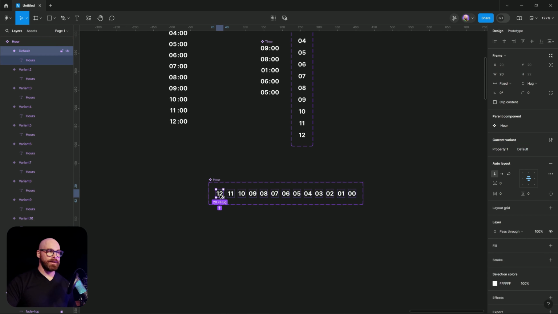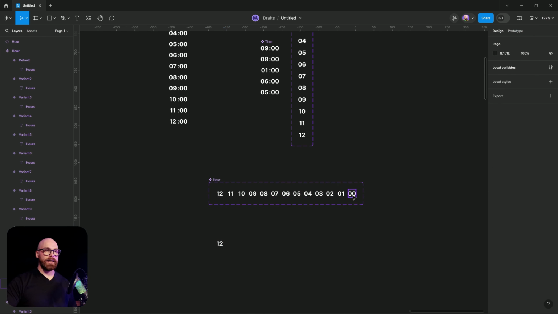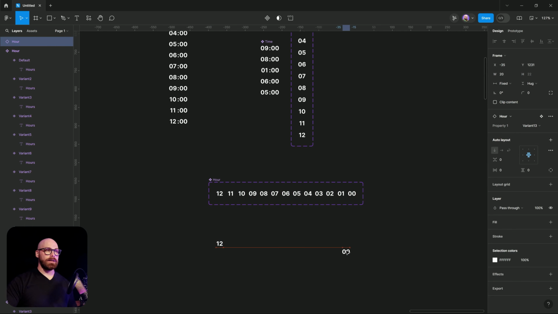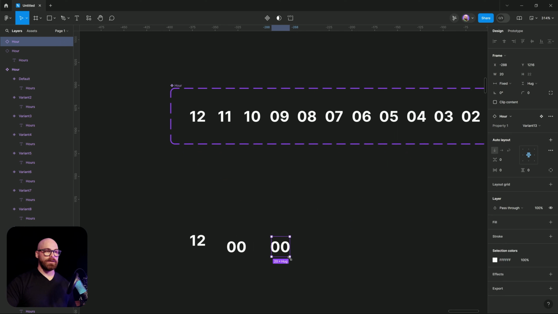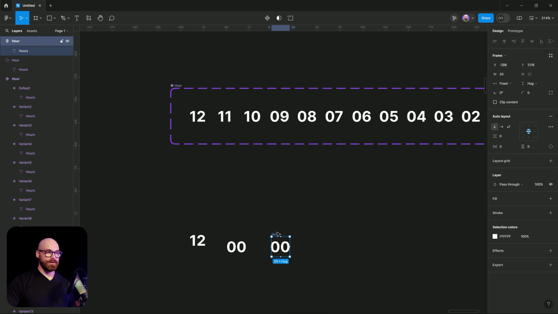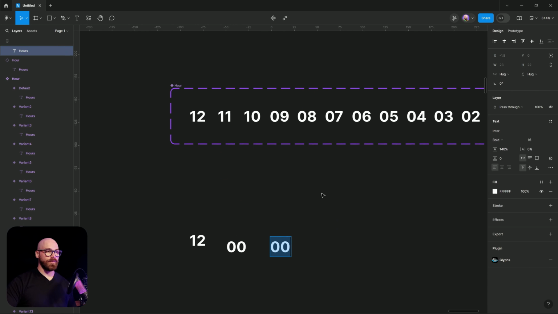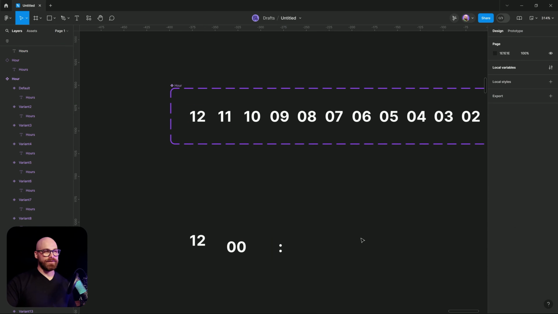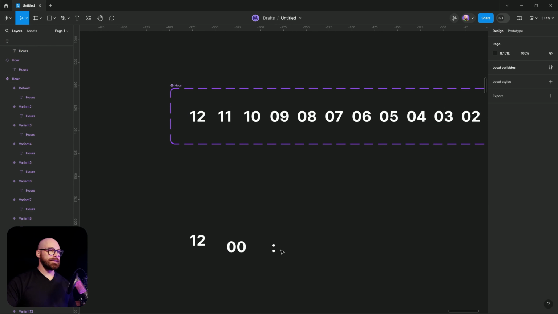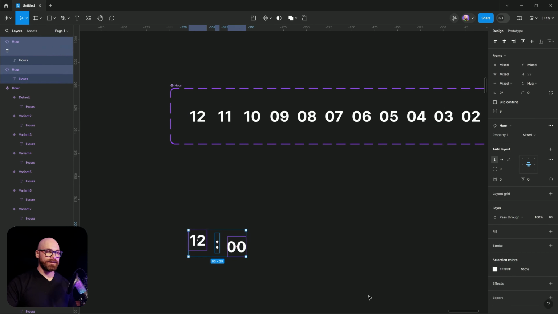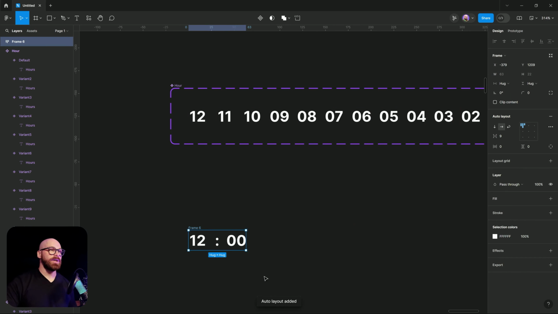And then we can take the 12 and we can take the 0 and we can grab that same piece as well. I can detach it, just use a space to remove that name. We'll just put the symbol into it. So basically it's using everything that's inside the container itself, except this will hug. And all I need to do is put those together. I can select those, press Shift, and now I can actually set up the spacing that I'd like. So I'll go with